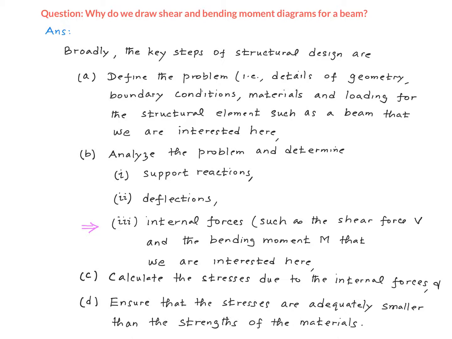So once we have the problem completely defined, we can go ahead and analyze the problem in order to find first the support reaction, then the deflections, and then the internal forces. So internal forces will depend on the type of structural element. For a beam, the internal forces would include the shear force and the bending moment. Our third major step would be to calculate the stresses due to the internal forces, and then the final step would be to ensure that the stresses due to these internal forces are adequately smaller than the corresponding strengths of the material forming